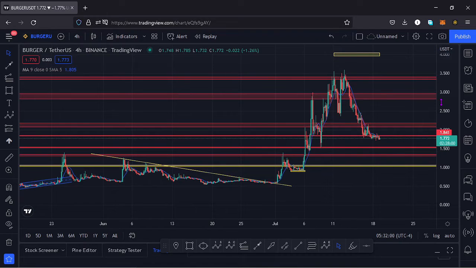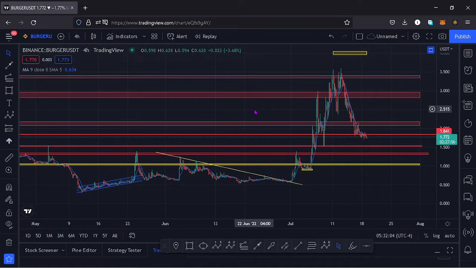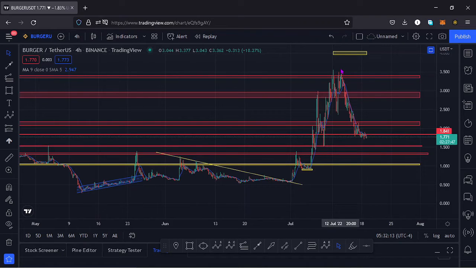And if I zoom out so that we can see this chart from a wider view, you can see that the price of Burger has been on an impulsive wave to the upper side, making that high up there. And after making that high up there, we have started seeing a retracement to the lower side. And if I use the Fibonacci's to try and see whether that retracement has done the minimum that we expect a retracement to do,